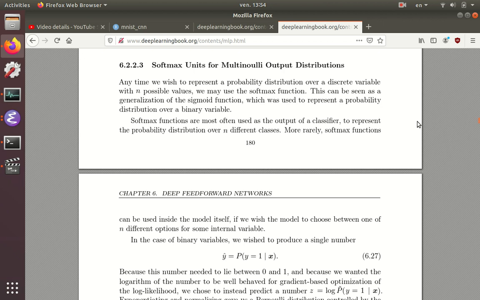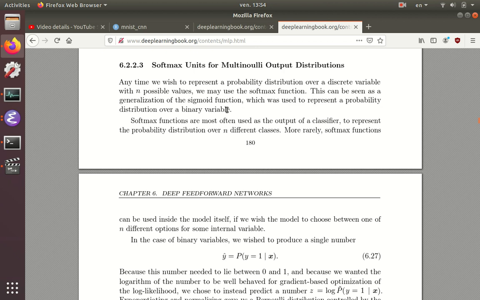Hi, in this tutorial I'm going to explain a little bit about the softmax units that were used for multi-class classification with deep neural networks. So in the deep learning book, we see in section 6.2.2.3 there's a little bit of a discussion about why we use softmax units for multi-class classification. Anytime we wish to represent a probability distribution over a discrete variable with n possible values, we would use the softmax function. It's a generalization of the sigmoid function that we've been using for the probability distribution over